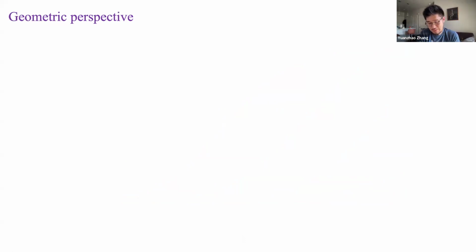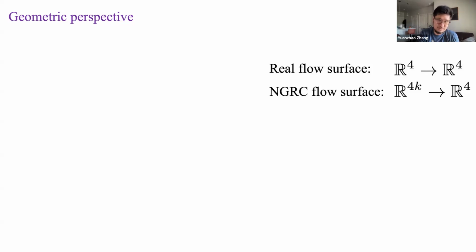because you could be asking, well, isn't the flow map all we need to predict the dynamical system? Where does this integrator come in? What's the difference between overfitting an integrator and overfitting a flow map? So here, one thing to realize is that for NGRC, which includes delay states in its nonlinear features, it is a higher dimensional system than the original system being learned. So for example, the real flow surface for the pendulum system is from R4 to R4, whereas the NGRC flow surface is actually from R4K to R4, K being the number of time steps you look back